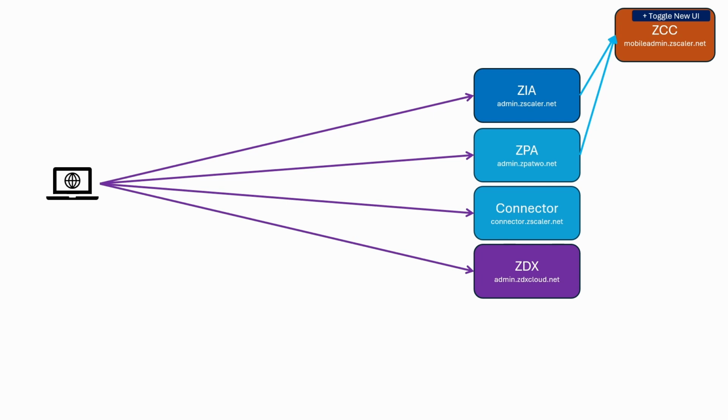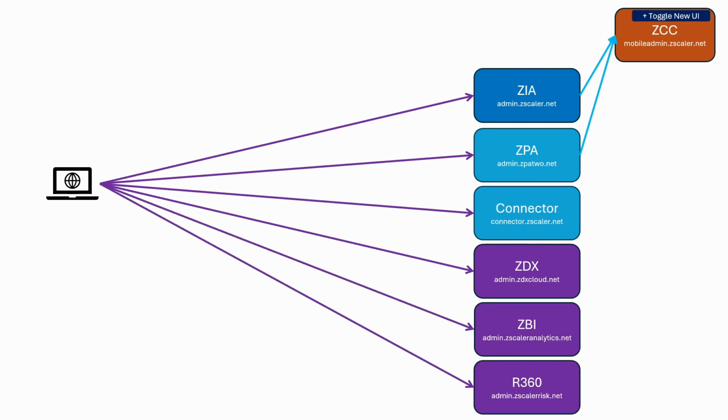So as the platform's grown over the years, ZDX came along, Business Insights, and we've got Risk 360 and various others as well. These are the most common portals, the most common parts of the Zscaler cloud platform. And the way it works really is that these are the core products in terms of connectivity and security. So if you think about your SWG, your CASB solution, your SSE, ZTNA obviously on the ZPA side,